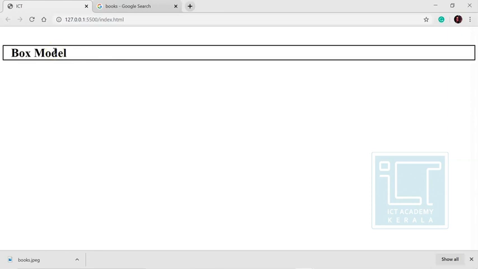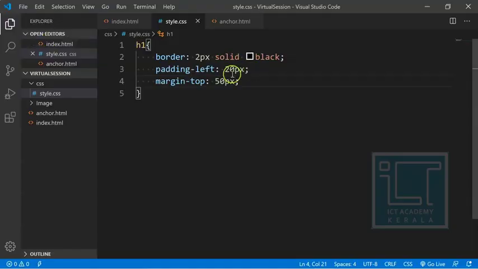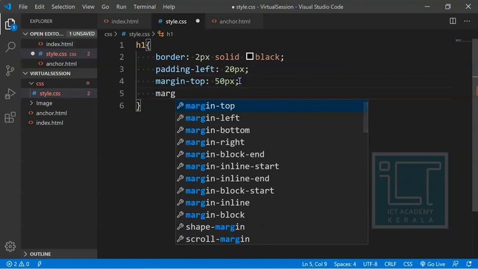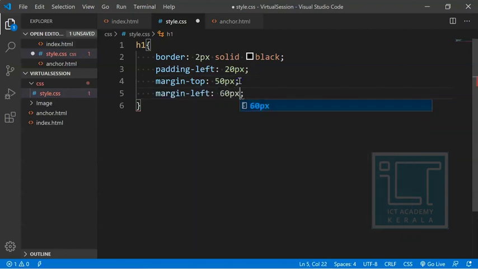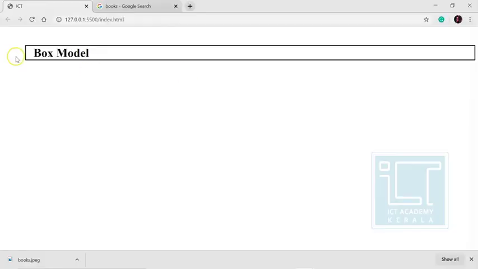So margin is nothing but the distance from the border outwards. The distance from the border to the content, inwards, is the padding, and the distance from the border outwards is the margin. Likewise we can give margin top, and margin left also, like 60 pixels. See, there is a space here.